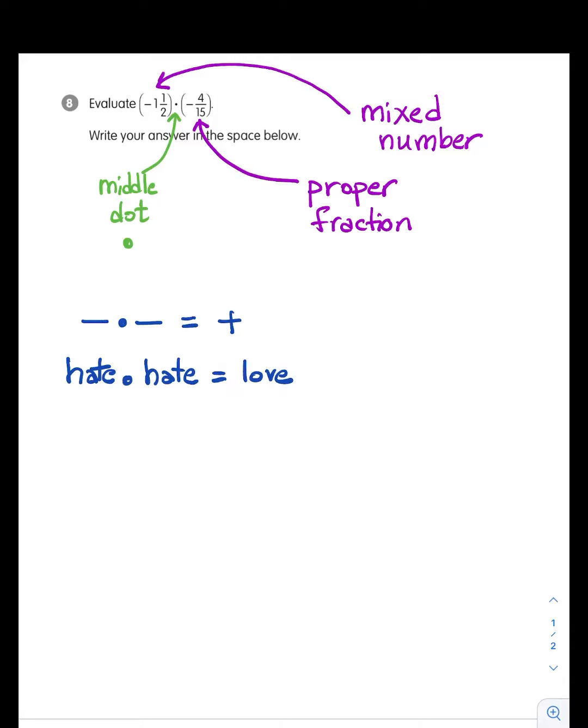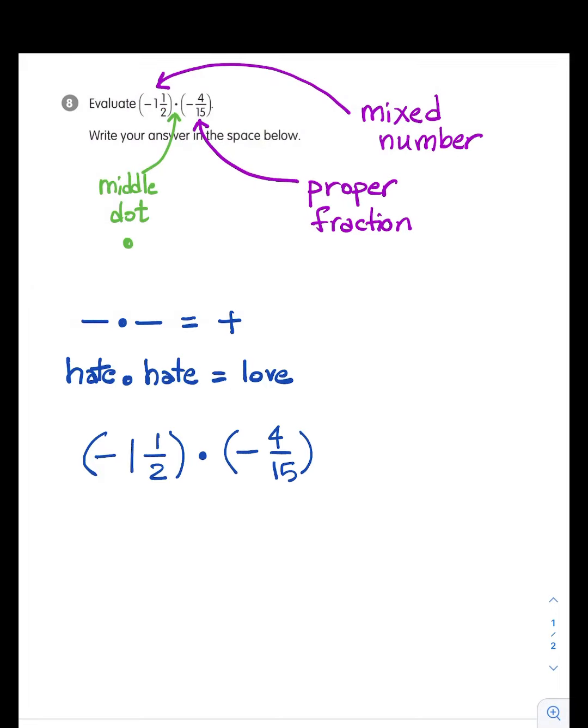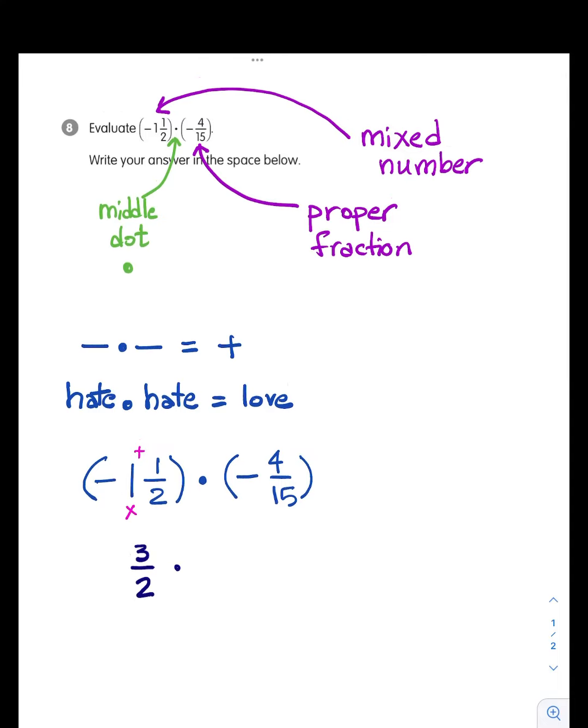Let's do that. So, negative 1 1/2, we're going to multiply that by negative 4/15. Okay, remind me again, how do we change a mixed number into an improper fraction, right? We multiply and then we add. Let's do 2 times 1 is 2 plus 1, so that's 3/2. And we know that 1 1/2 is the same thing as 3/2, right? We're going to ignore the negatives, and this is